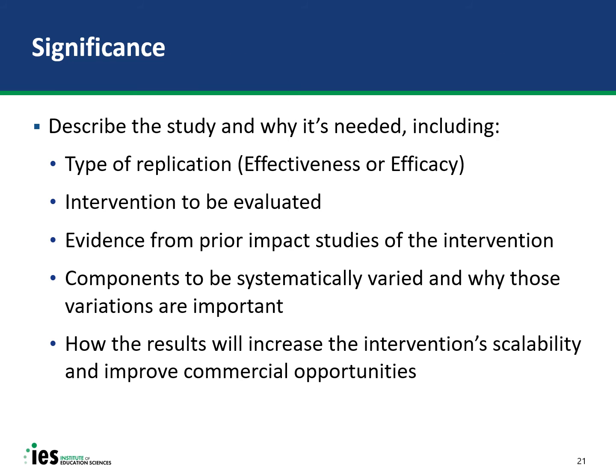The purpose of the significance section is to explain why the study is needed. So you're going to identify the study as either an effectiveness or efficacy replication. Then you need to describe the intervention to be evaluated, including its components, implementation supports, findings from previous impact studies, including any unanswered questions that would benefit from systematic replication, and evidence that it is ready for implementation within the